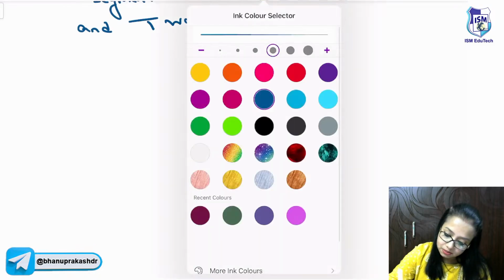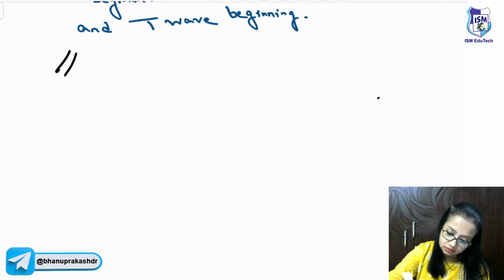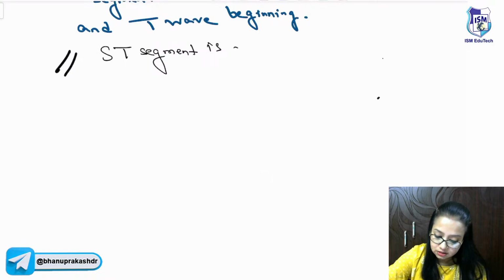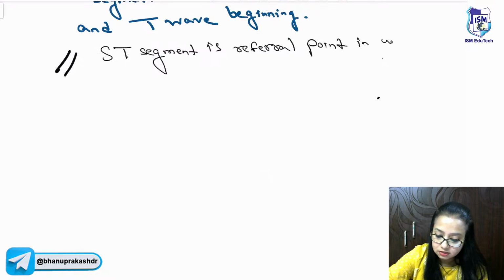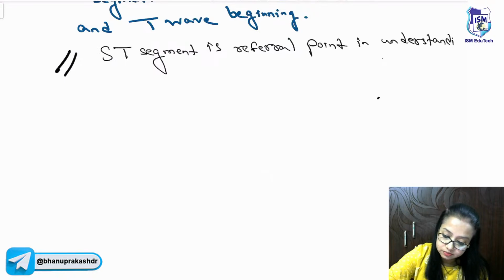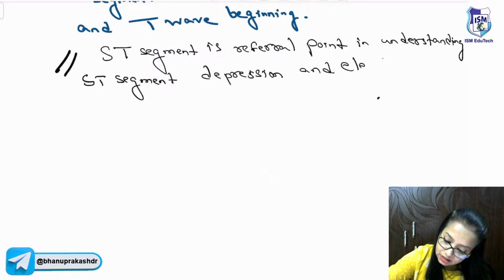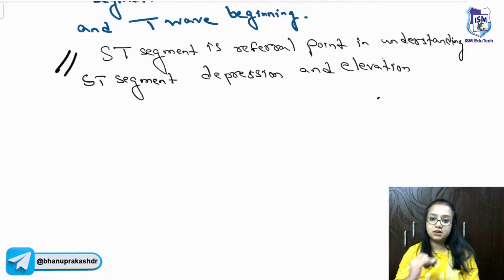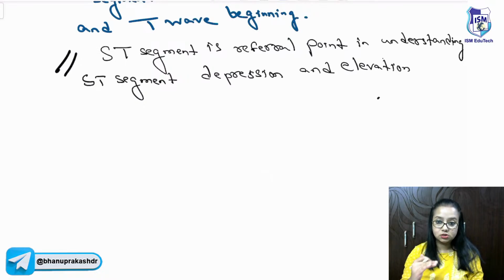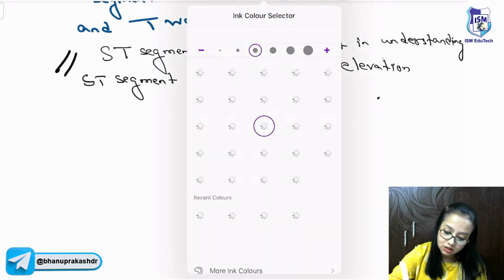Now, this J point or the ST segment is the referral point in understanding ST segment depression and elevation, like whether the ST segment is higher than the isoelectric line or it has gone below the isoelectric line. But here also one thing to be remembered is,